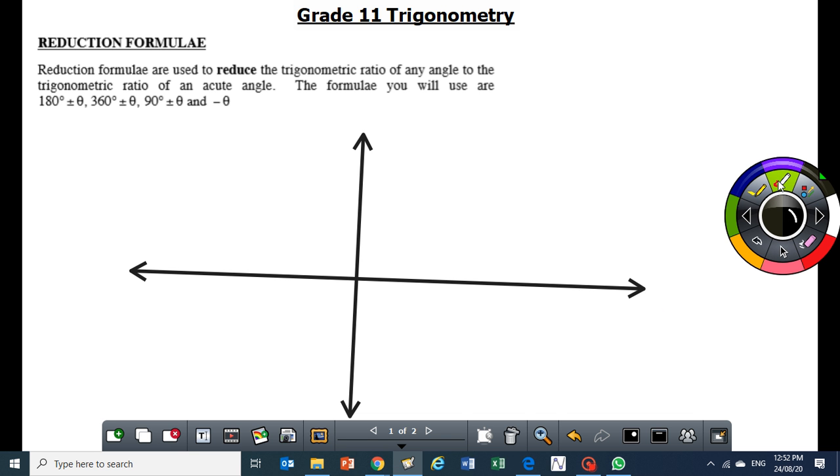Last week I spoke about the quadrants. So here we reduce trigonometric ratios of angles that are more than 90 degrees to a trigonometric ratio of an angle which is acute. So first thing, if theta is acute,